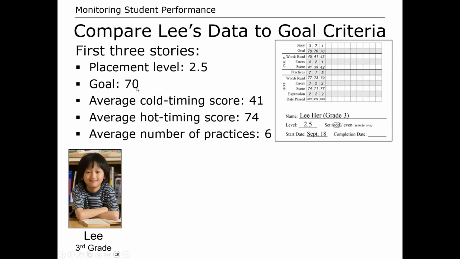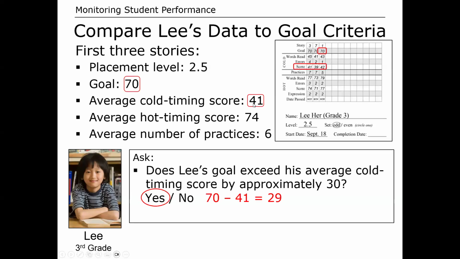Well, his goal is 70. His average cold timing score is 41. So yeah, it's 29 apart. You're not going to get much closer than that. So that's great. That tells me his goal is probably right. After the first question, I still have two more, but after the first one, I'm thinking his goal is probably pretty good. The next thing I want to ask is about